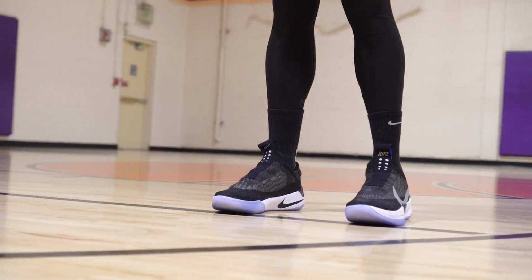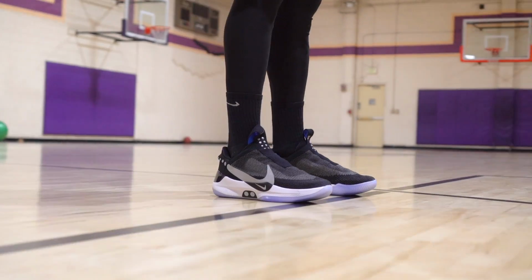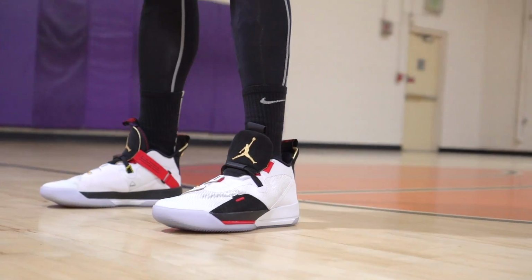Aesthetics. Adapts or the 33s? I like the 33s better. Really? Yeah, I think so. They need to make some more colorways, besides the PEs where they just change the heel clip color. But anyways,